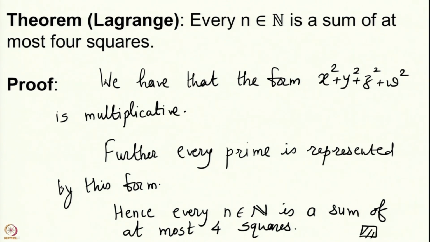Remember also that our proof is somewhat constructive. For 2 we have constructed the numbers whose sum of squares give you 2, and similarly for every prime the method that we have given will also tell you how to construct the expression for p as sum of 4 squares. And once you have it for every prime, then for every integer you write it as product of primes, and then for each prime factor you have the expression. So, you have the expression for n.